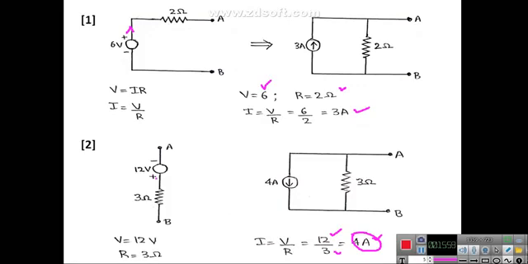Usually the current is delivered from higher potential to the lower potential line. Therefore the direction of the current will be downward, and whatever the resistance connected in series with the source will be connected in parallel. That is how you have to represent this, transforming this voltage source in series with the resistance into current source in parallel with the resistance. These are simple examples to start with. Later we can go for an extension to more complicated networks.